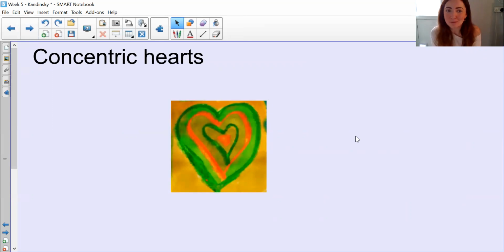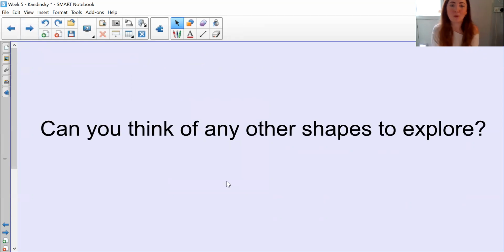And then maybe even have a go at some concentric hearts. And I wonder, can you think of any other shapes to explore? So now's your chance to think of any extra shapes that you might want to have a go at making